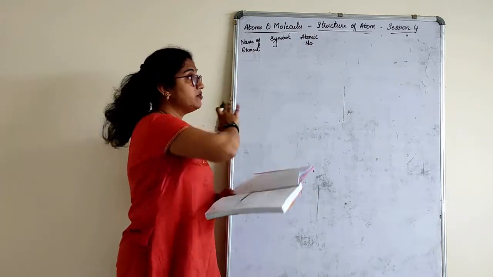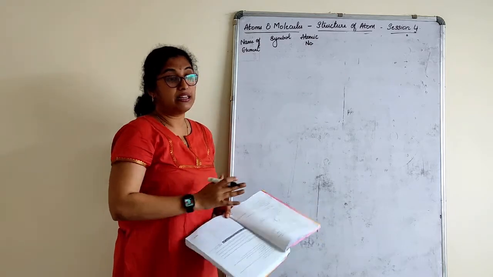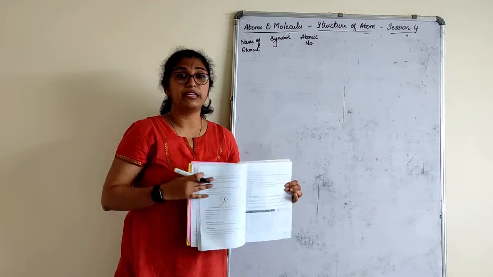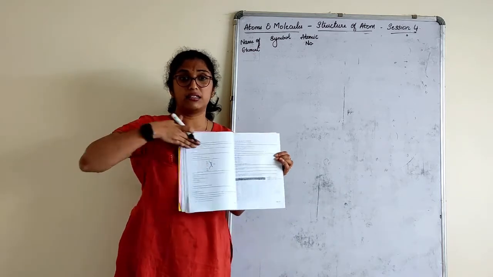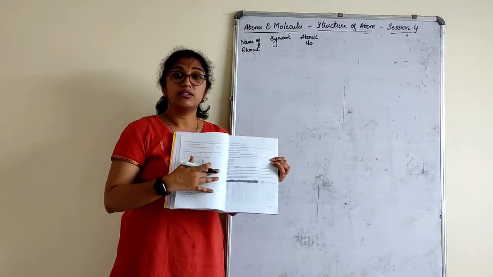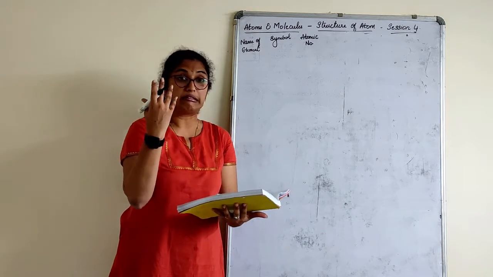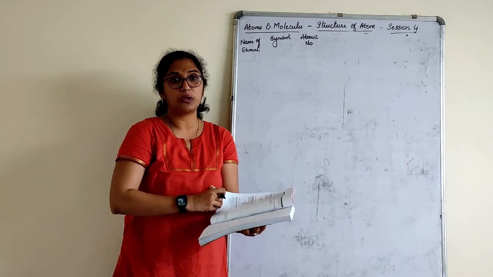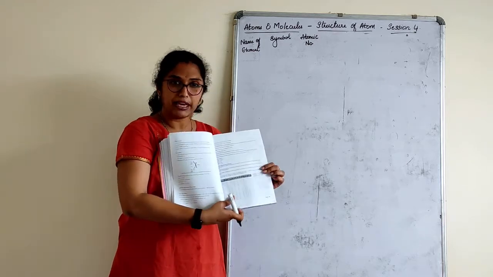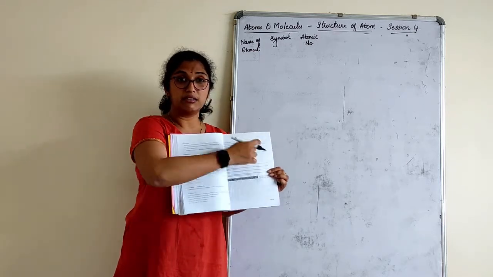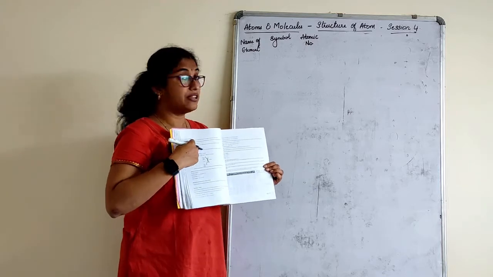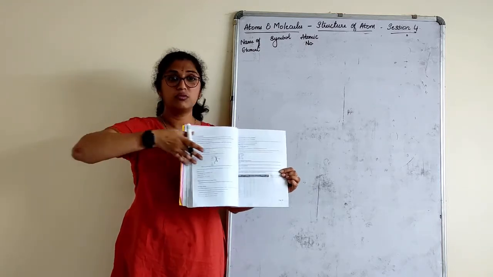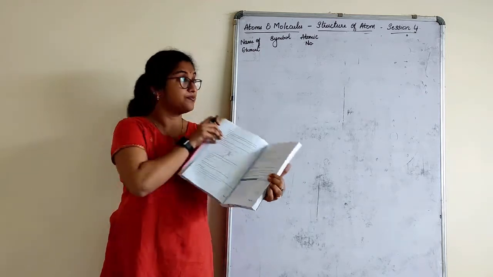And this should fit in one page only. If it is not fitting, don't write half here and half there. If it is not fitting, use a book where you can write it completely. Sometimes you can't think what to do and you write half here and turn the page and write half. That should not be done. If it is not fitting, children, make sure that you write it continuously. Right from here you start name of the element, symbol, atomic number, shells, distribution. Use the whole book like this, right?